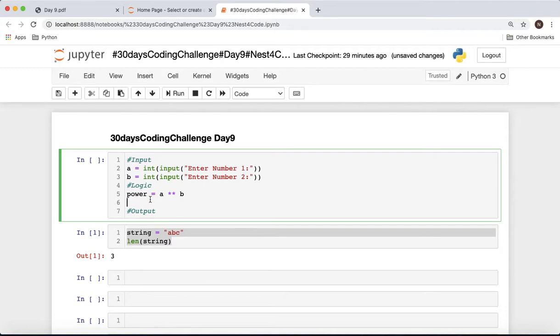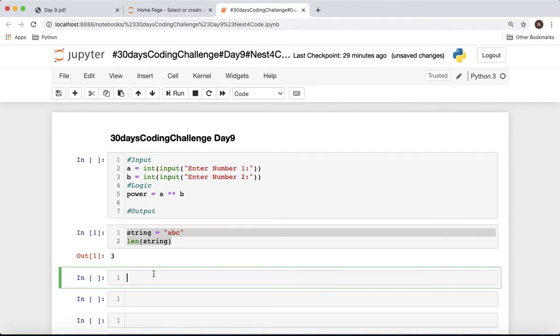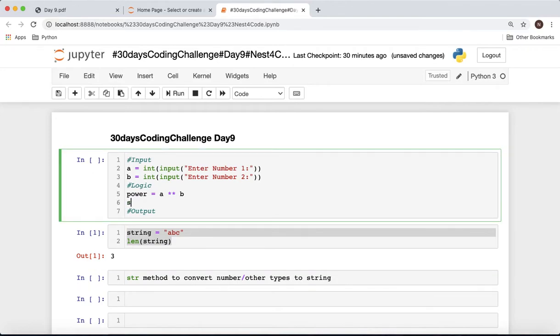One approach here could be to use a loop, get the digits one by one, and then count. The better approach would be to convert the integer to a string using the str method, which converts a number or anything to a string.